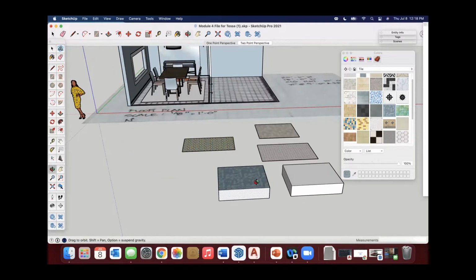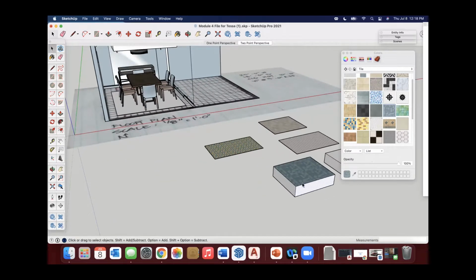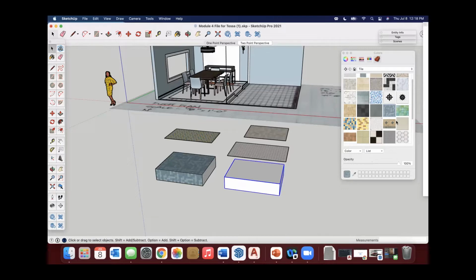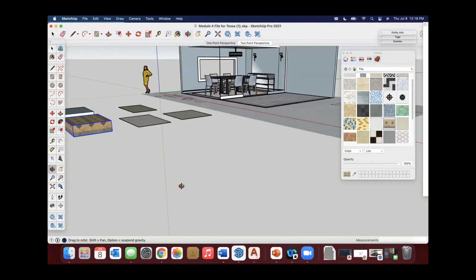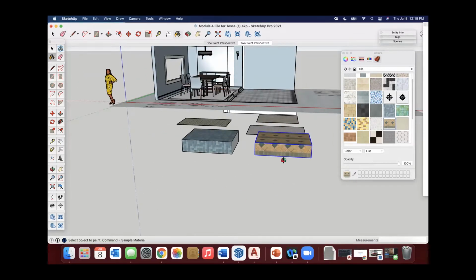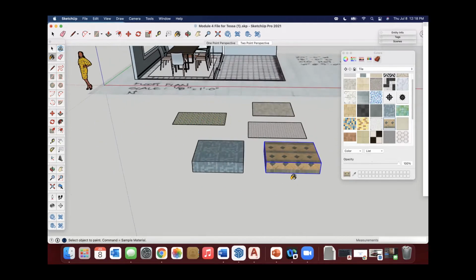But just know that to cover every face in this material, I just need to come over and select it. But because this is a group, if I just select and place a material, it's going to cover the whole object. Well, how do I modify this so that it doesn't do that?